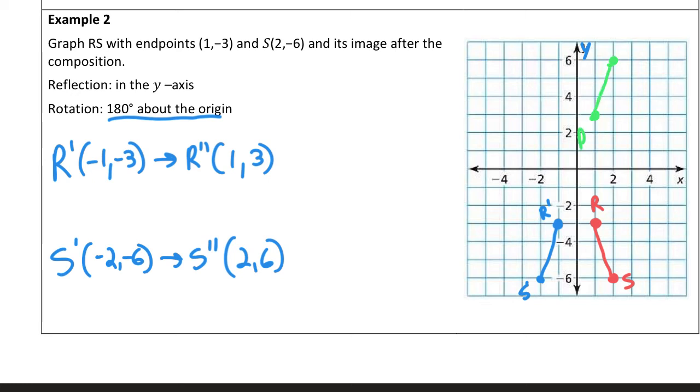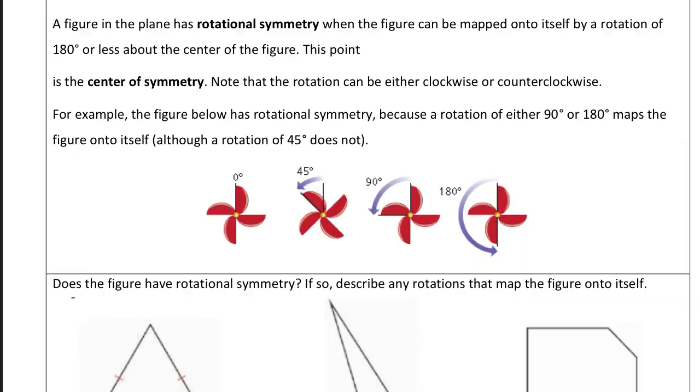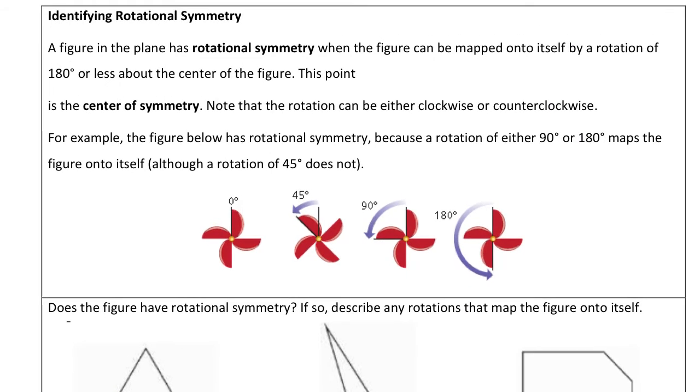So R with 2 markings, S with 2 markings. That shows that we did 2 transformations. So it's doing 2 transformations in a row. If you need to work it out, I'm trying to give you enough space for that. Okay? So, moving ahead. The next thing. And I'm going to give you guys some practice, and I'm going to help you out with some of these